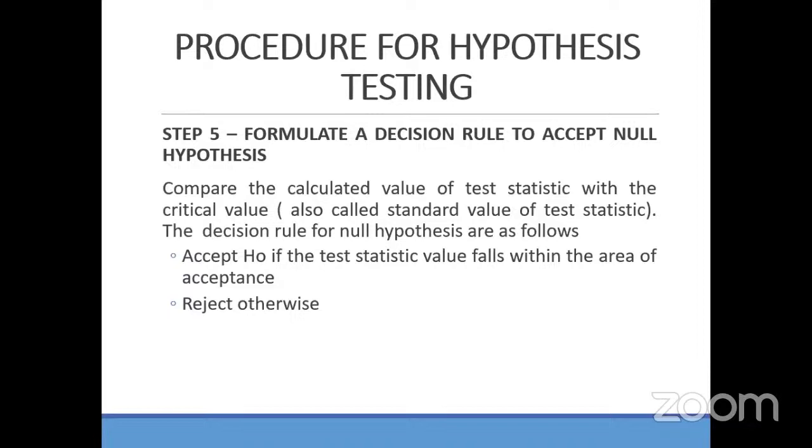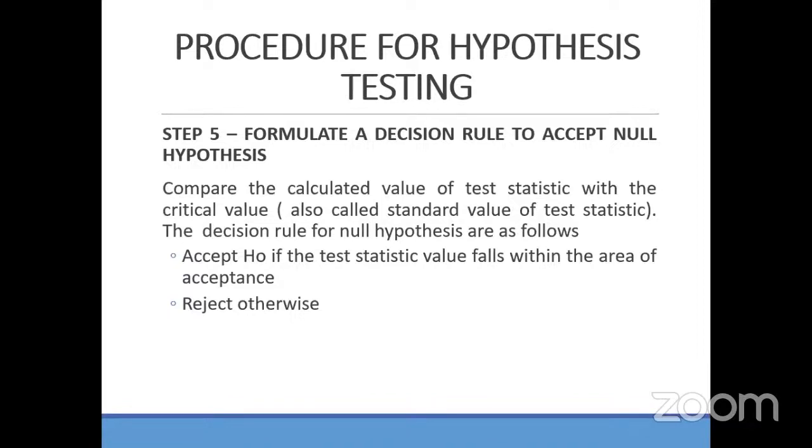There are 3 ways of accepting or rejecting a null hypothesis, right? Number 1, as I mentioned, is by comparison of the calculated and the tabulated value. The second, which we just discussed in the last slide, is the acceptance region or the rejection region. If your calculated value falls in the acceptance region, you do not reject. If it falls in the critical region, we have to reject. And the third